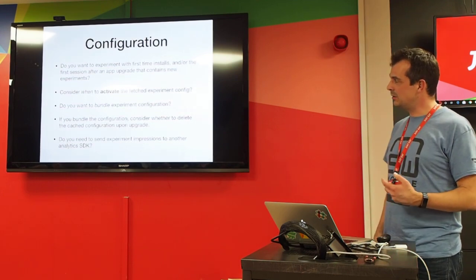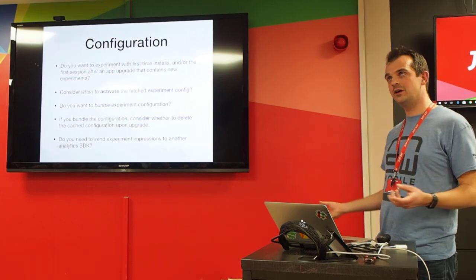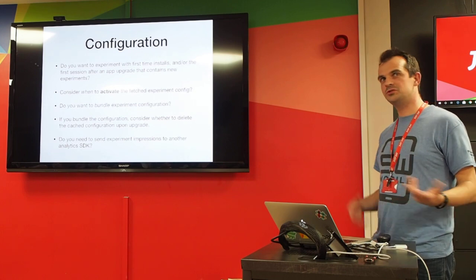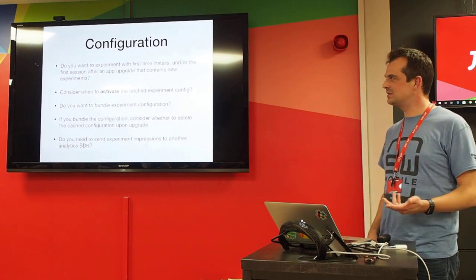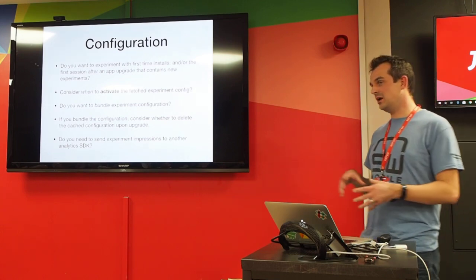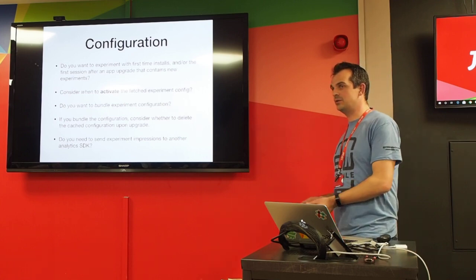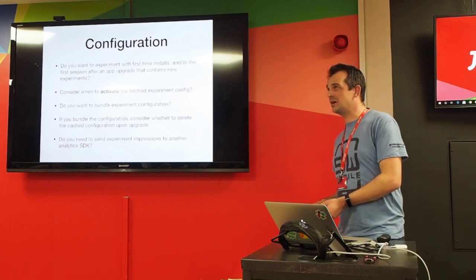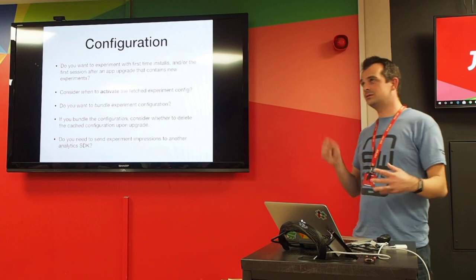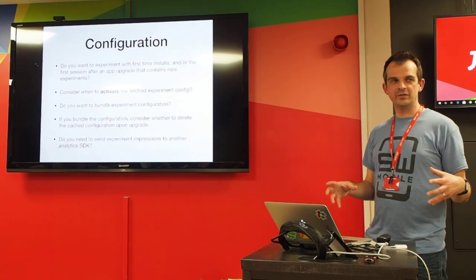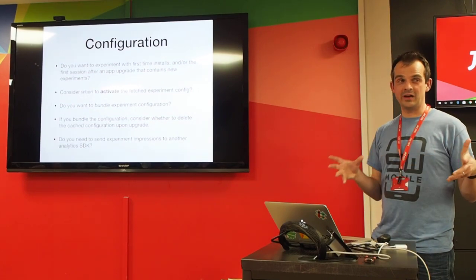And when you're considering which A/B testing framework to use, apart from cost considerations, there can also be considerations about whether you need to integrate it with existing analytics that you have within your app. So in the case of Firebase, A/B testing is built on top of their remote config API, and their remote config API is fairly simple.